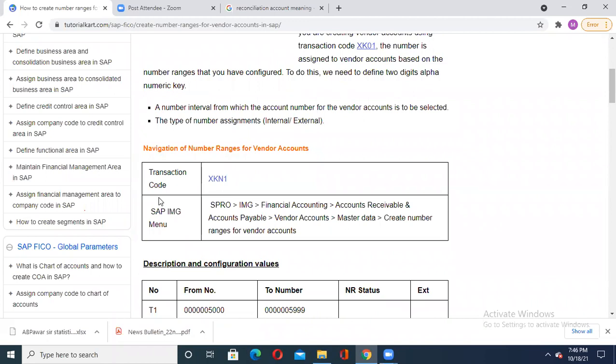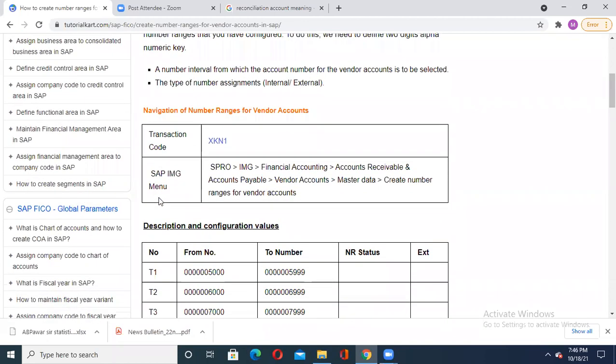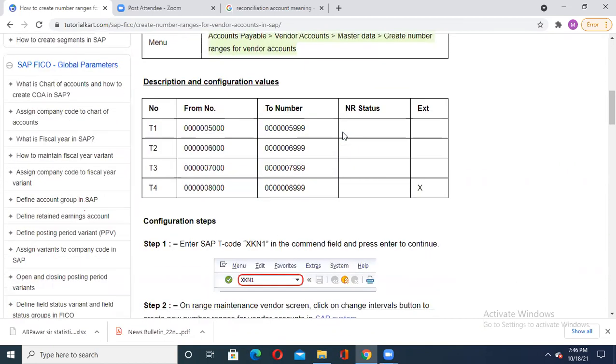Or if you don't want to go with the transaction code on your SAP, yes. Sir, instead of going through the menu path, can we go directly using the transaction code? That's only I'm saying now. These are the two options: either use the transaction code or follow the menu path. But have you observed the menu path? It is really a big path that you need to remember. Yes, sir.